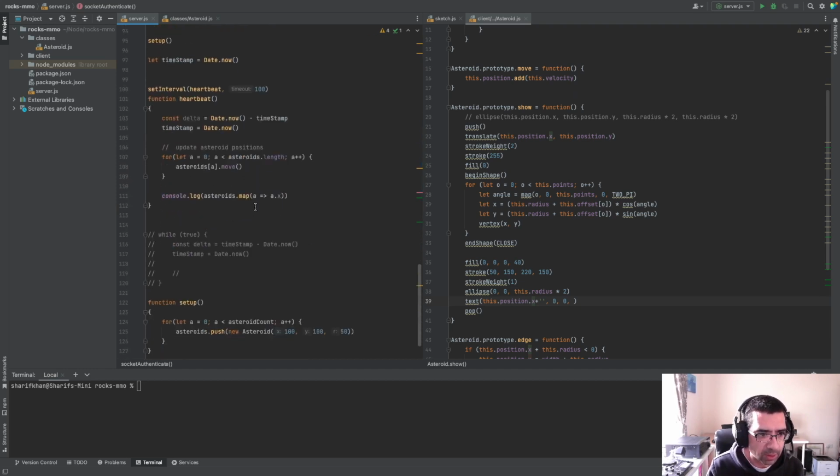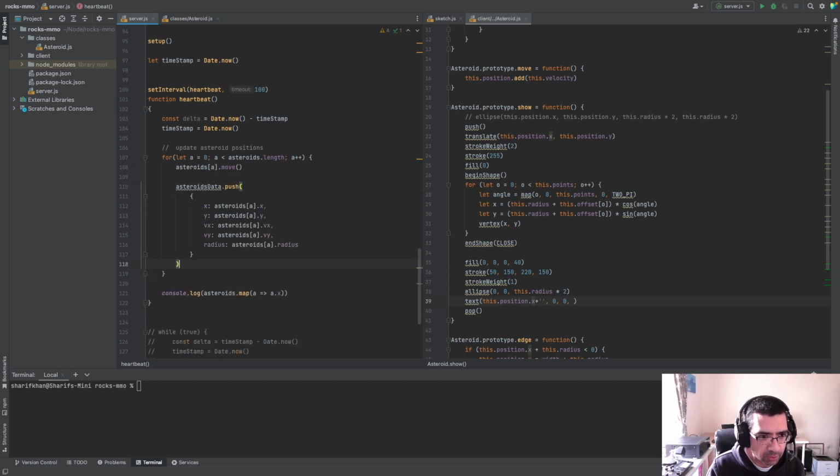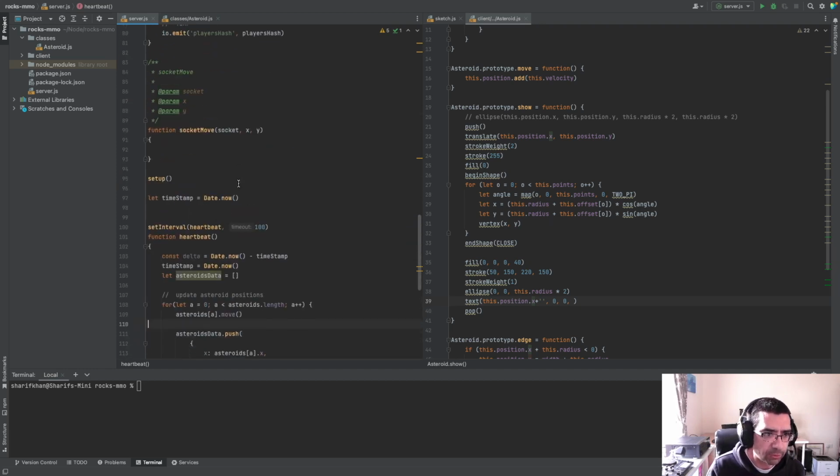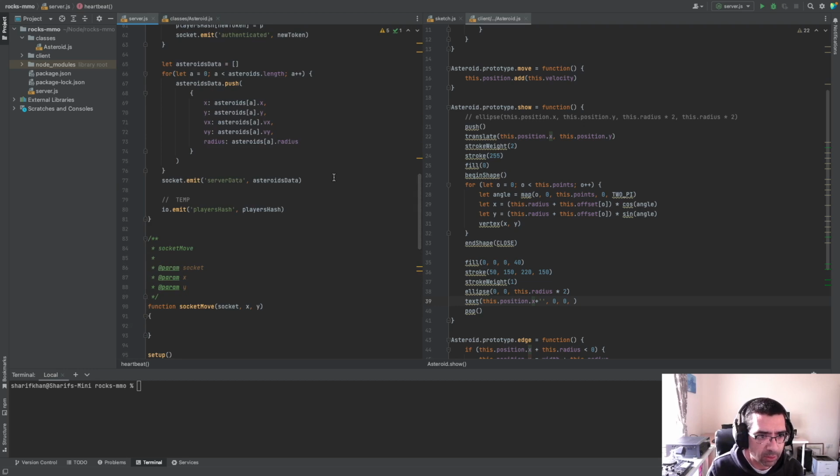So if we do that, asteroids.move, let asteroids data equals an empty array. Asteroids data, so we move the asteroids, then we push the data into the array, and then we need to pass that down to